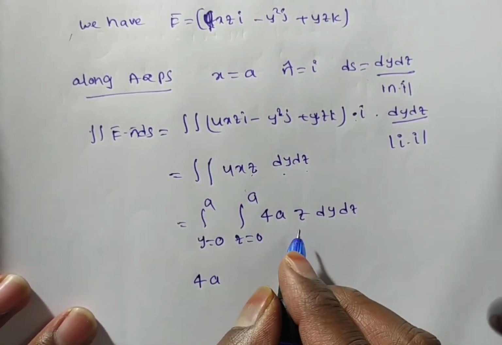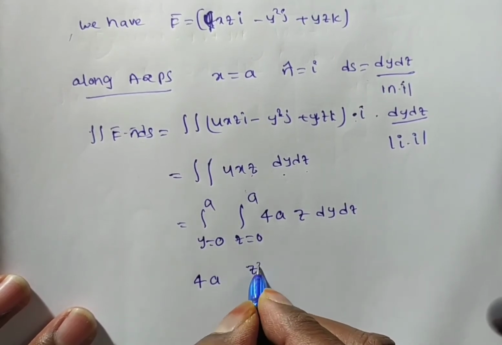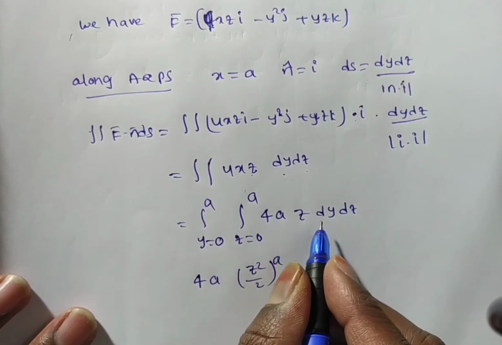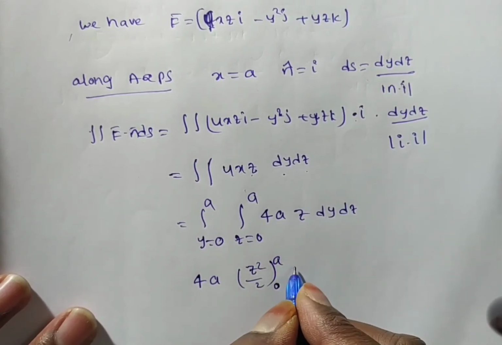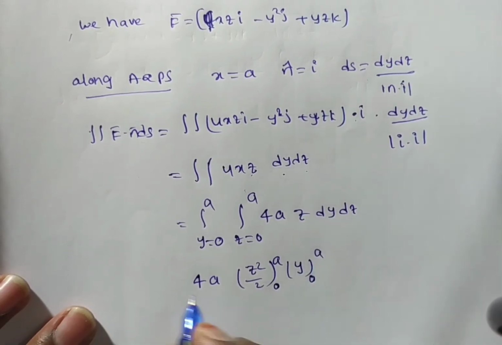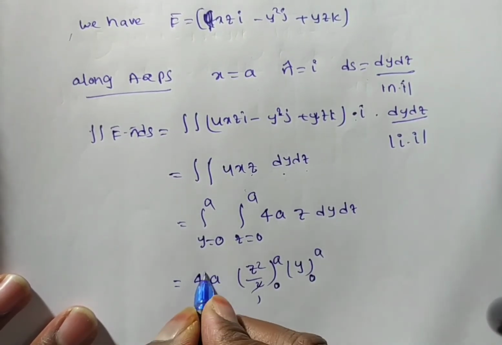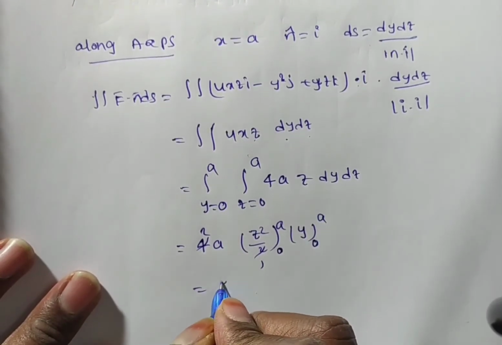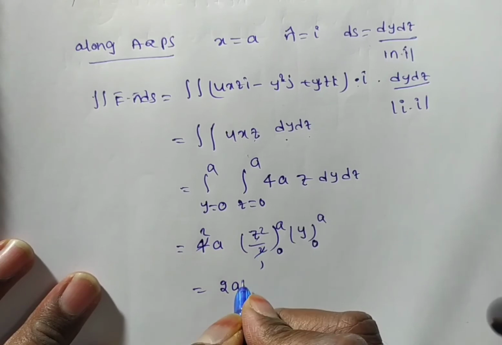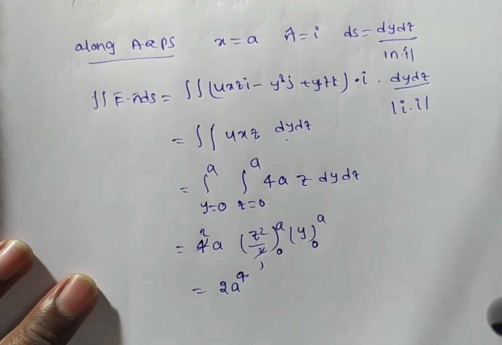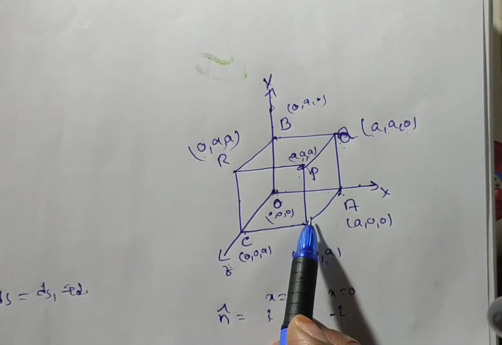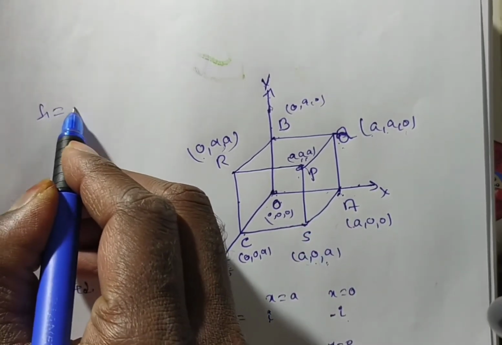Now irrespective of order we can do. First z integration is z square by 2. Limits from 0 to a. Z quotient you have 1. 1 is a y term. So integration with respect to y is y. So limits from 0 to a. Then in this case you will have 2 1s are 2, 2 2s are 4. Then 2a into a square into a. So a square into a cube. So you will have 2a to the power of 4 in the S1 surface. Now S1 is over na. S1 we have 2a power 4.